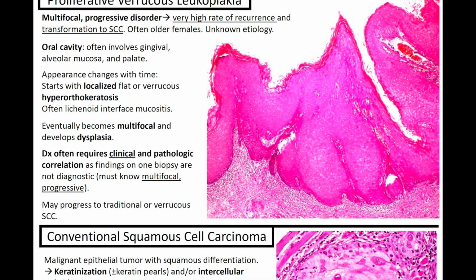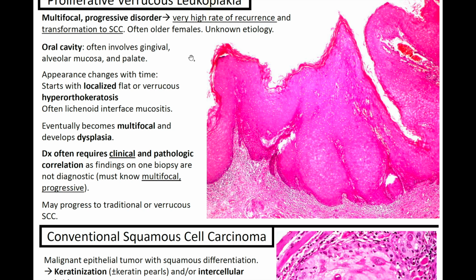Next up, we've got proliferative verrucous leukoplakia. This is a multifocal progressive disorder with a very high rate of recurrence and transformation to squamous cell carcinoma, often occurring in older females with an unknown etiology. In the oral cavity, it often involves the gingival, alveolar mucosa, and the palate, with appearance changing with time. So it starts with a localized flat or verrucous hyperorthokeratosis, often lichenoid interface mucositis, and eventually becomes multifocal and develops